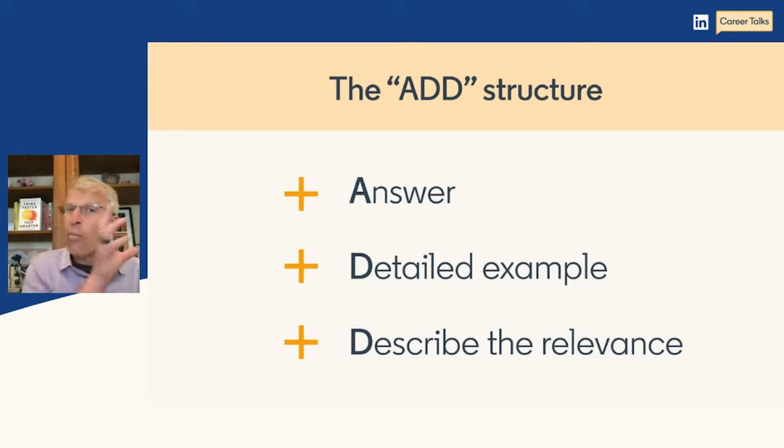This is where we go back to what we've stockpiled before. I know the question is about my dedication or my detail-orientedness. I've already pre-thought something I can use as my example. And then I need to describe the relevance. I need to connect the dots. What this means for you, Mr. or Ms. Interviewer, or what this means for the company is...